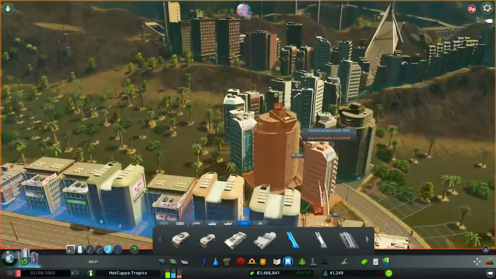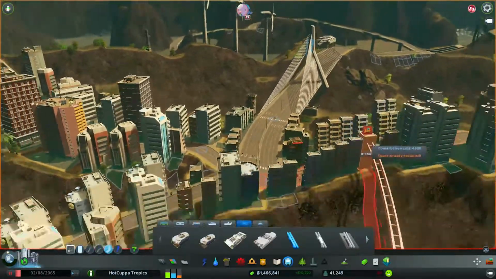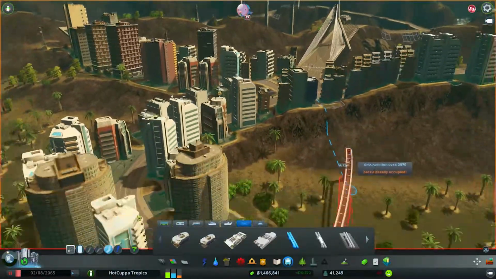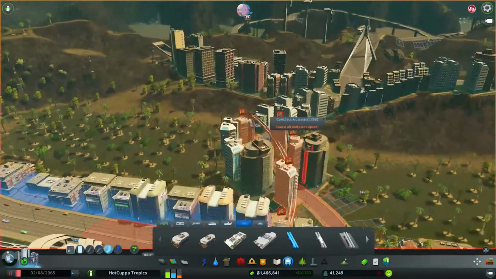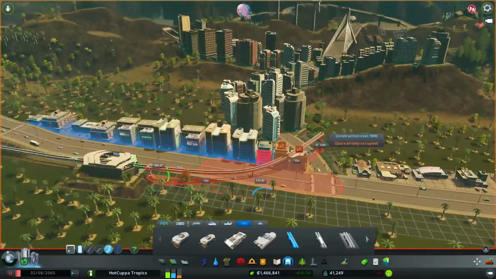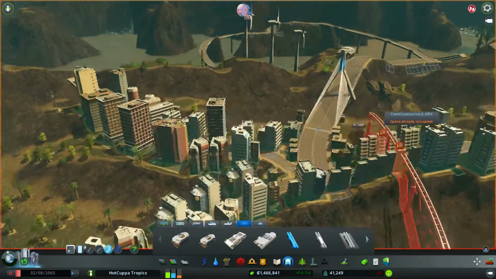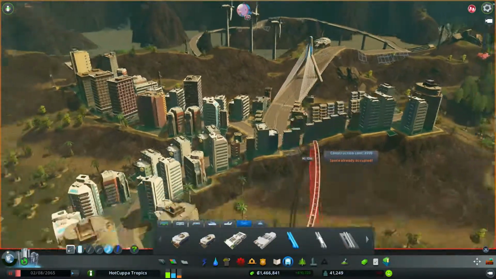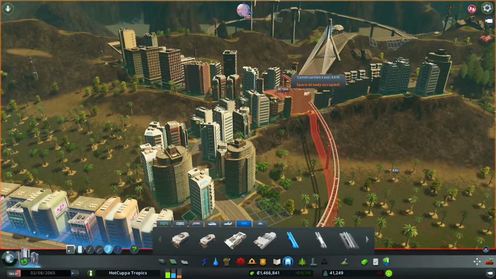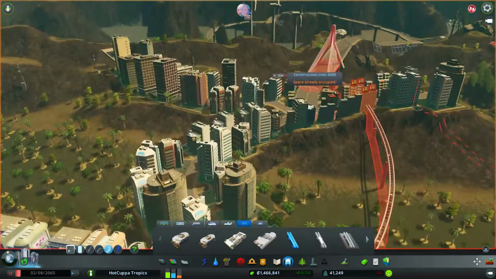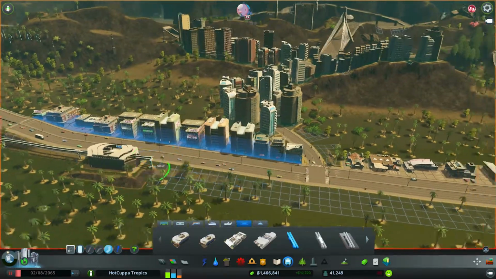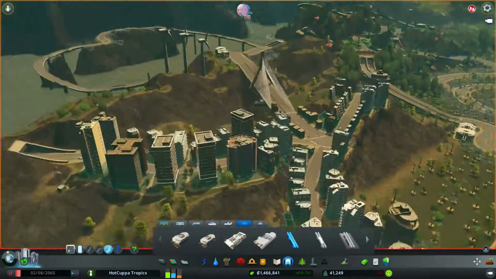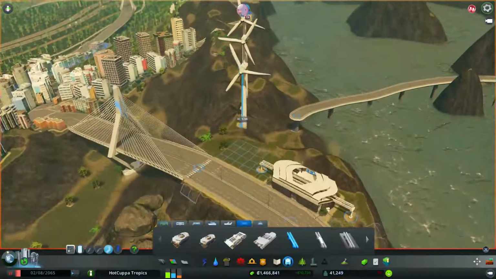So, okay, we're going to need this to go up. Yeah, so anyway, that's what makes our city look unique, I think, with the monorails. So we're going to need this to go up, and we want it to go up and meet into this station somehow. So I think I want it to go through this bit here, this junction, and cross over the junction here somehow. But I don't know how we're going to do that. The way we're going to have to probably do that is start from the top here and work our way downwards, because